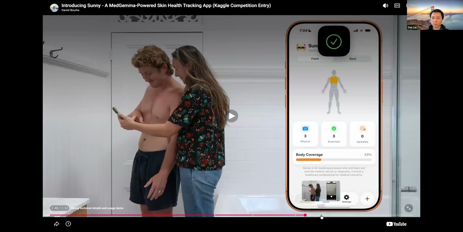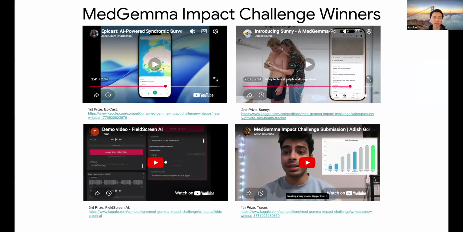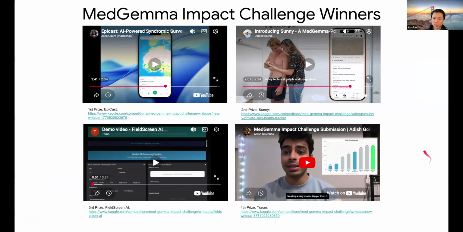So this is kind of like one of the other entries as well. So you can see a couple of these mocks that they have here. The other thing I would say is that the production quality here is actually quite impressive in terms of the concept that they were showcasing here as well. And a few other entries were also really impressive. This particular slide has a top 4, but they're all featured on the winners list as well. So in interest of time, I'll skip to the next slide.